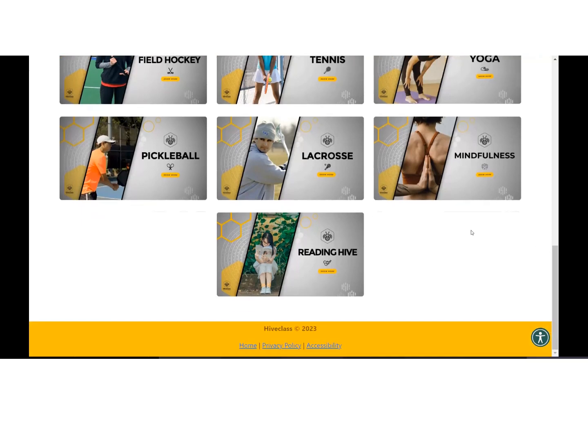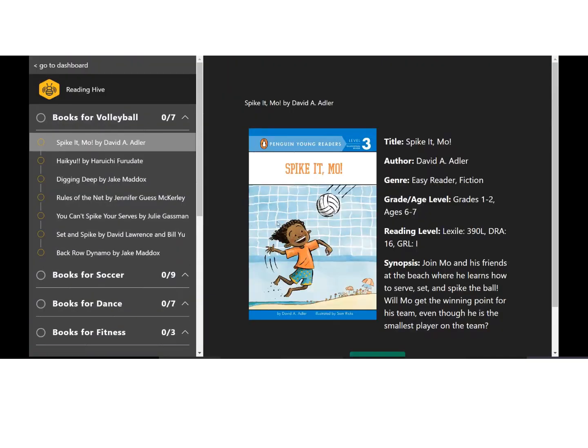Before I move on to a couple of other features, I did want to just draw attention to Reading Hive. This is the reader advisory that I'd mentioned a moment ago. And this is something that was really built using my experience again in a library, because reader advisory is something that I had always struggled with my patrons, especially when it comes to sports books. So if I had a patron who really wanted a book about basketball, I can show you to the nonfiction section, no problem at all.